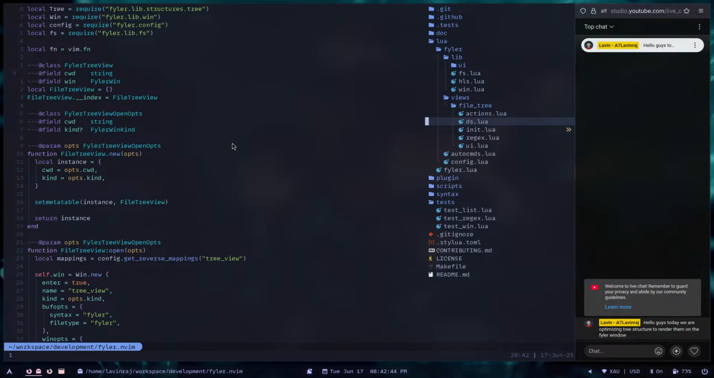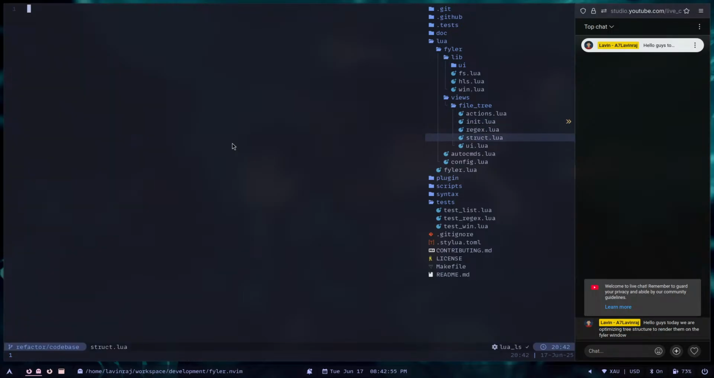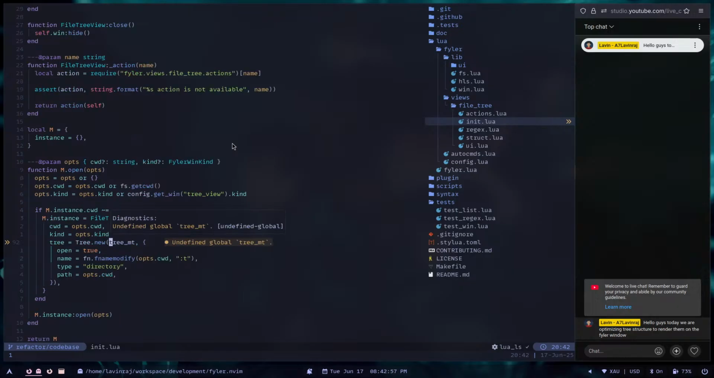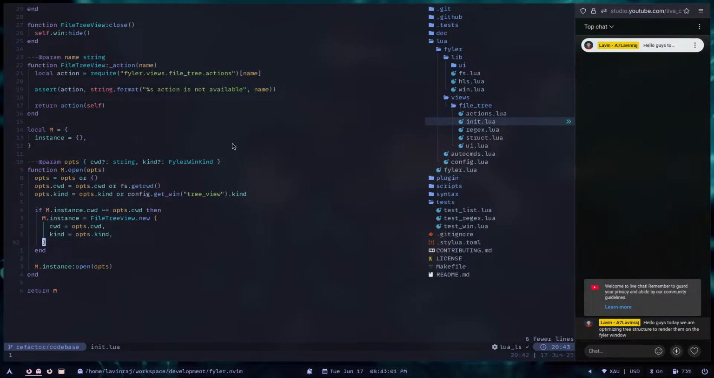DS regex, or you can say struct.py. Okay, we have some more. Who need those trees? Actually don't need the